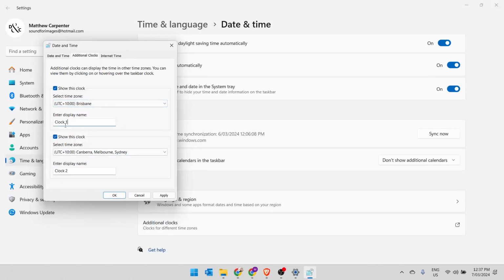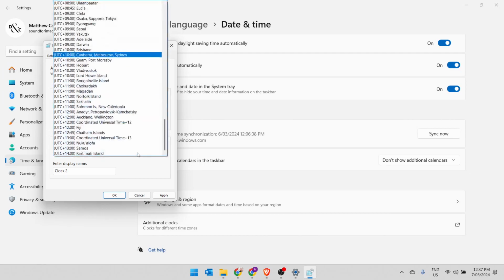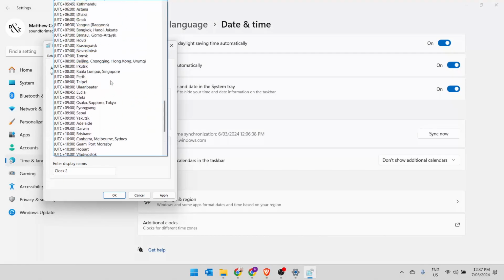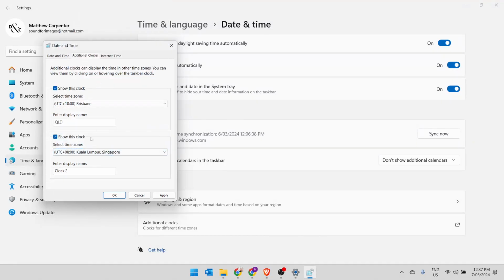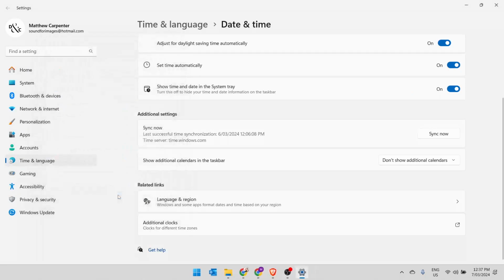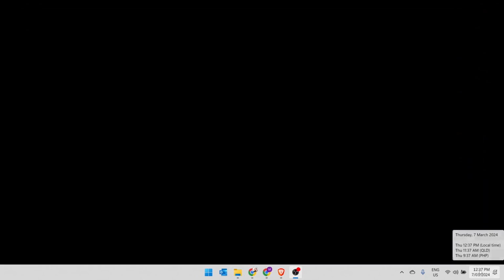So I'm going to add one here for Brisbane, and I'm going to call it QLD for Queensland, and I'm going to add one for Singapore, same time zone as the Philippines, and I'm just going to call it PHP. Click apply, and then OK. And what that will do is it will give me, when I mouse over, some additional times that I can